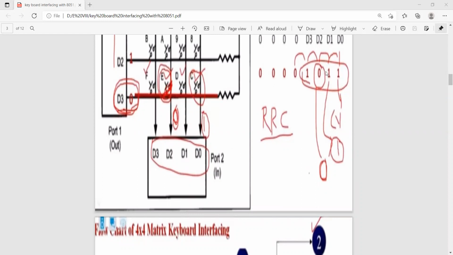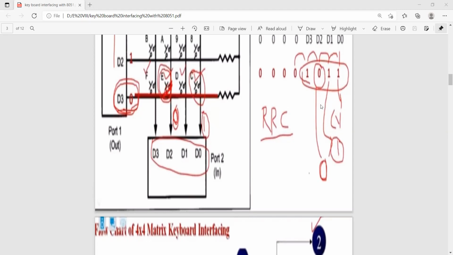But whenever you are pressing a key, on the third rotation the carry value will become 0. So if the carry is 0, carry 0 stands for there is some key pressed in the third column.